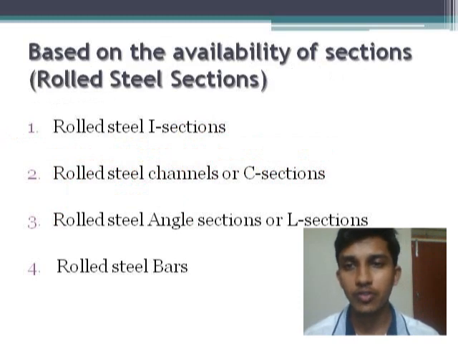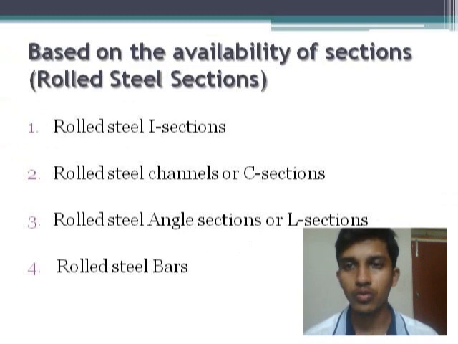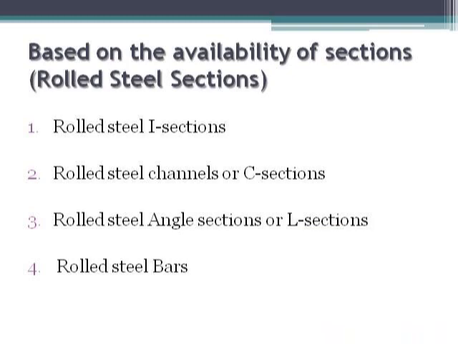Next classification is based on the availability of the section. Whatever sections are available in the market from Indian rolling mills, based on that we have this classification: rolled steel I sections, rolled steel channel sections, rolled steel bars, rolled steel plates, rolled steel sheets, and rolled steel flats. So this classification is according to the availability of sections in the market. So the first one is